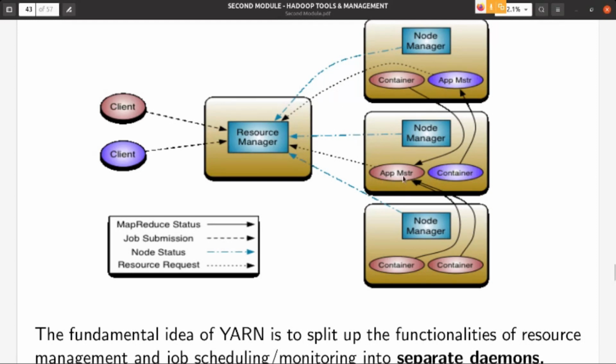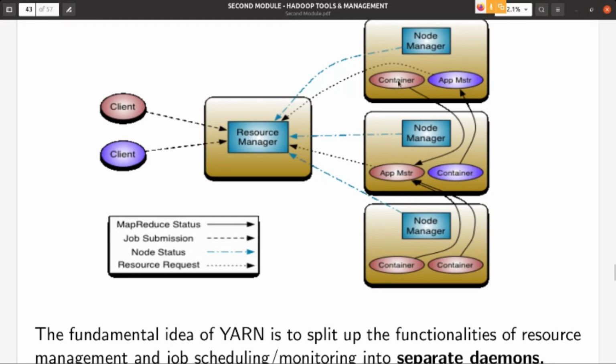Then you can see here, this one, application master and container. I told you the application master requests the resources required for running that MapReduce task, to the resource manager. Then what will the resource manager do? The resource manager will allocate. What is the allocation? Allocation is nothing but a container. The resource manager will allocate a container to the application master.